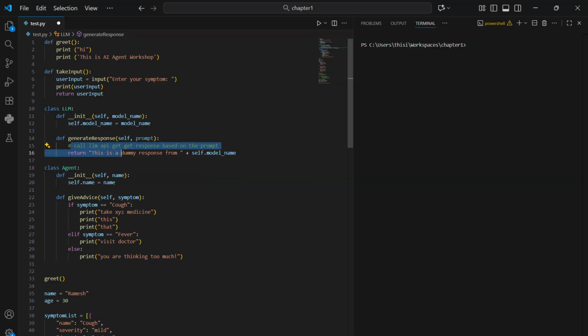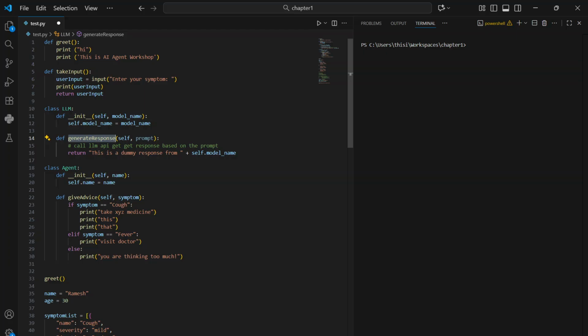Okay, so the LLM class is not the LLM, it is the interface for the LLM. So the agent calls generate response, and this generate response internally makes an API call to the given LLM model and gets this response. This agent cannot, or should not, directly call the API, so it's using the LLM class wrapper. So it will call the LLM method, and then this LLM will call the